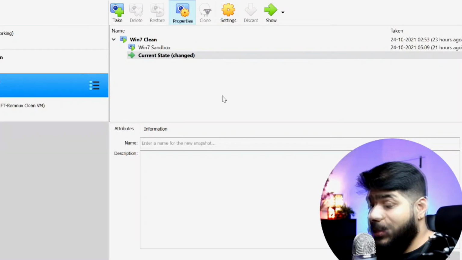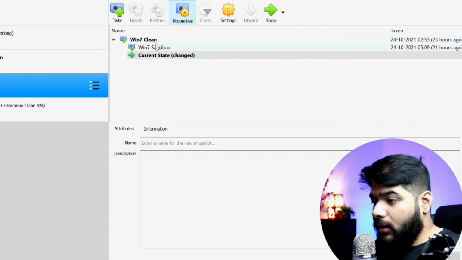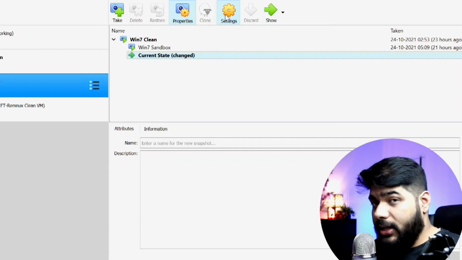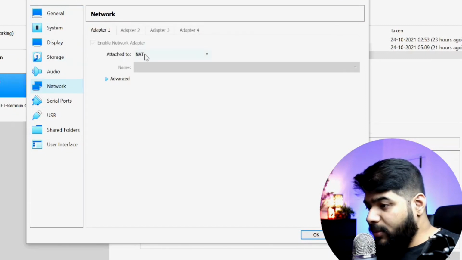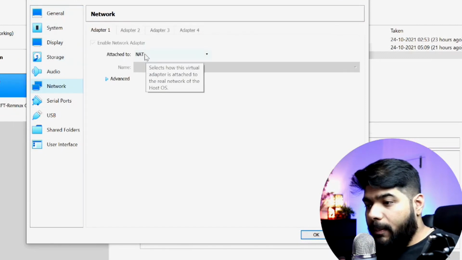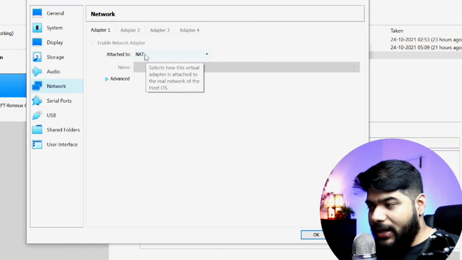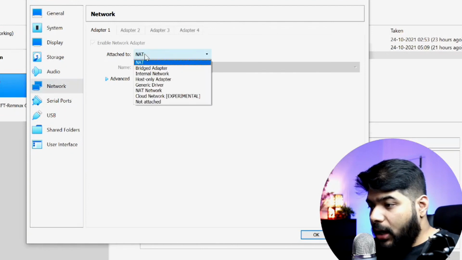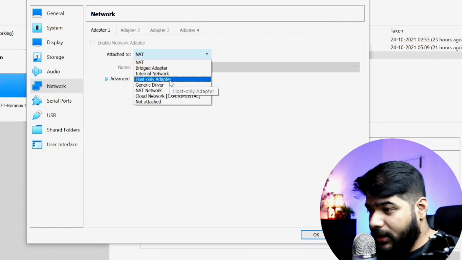Okay, so if you see, this is the Oracle virtual machine front-end page that you will get. This machine is our Windows 7 machine. Now if I show you the network connectivity this machine has, it is in NAT mode. That means it is sharing the base IP address, whatever the IP address of my base laptop is, right? So the diagram you remember. Now what we need to do is give it a host-only adapter or an internal adapter, something like that.